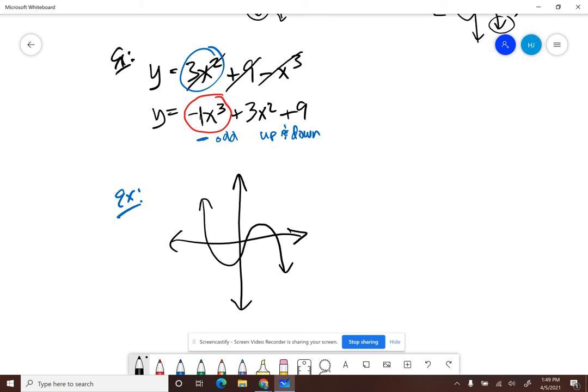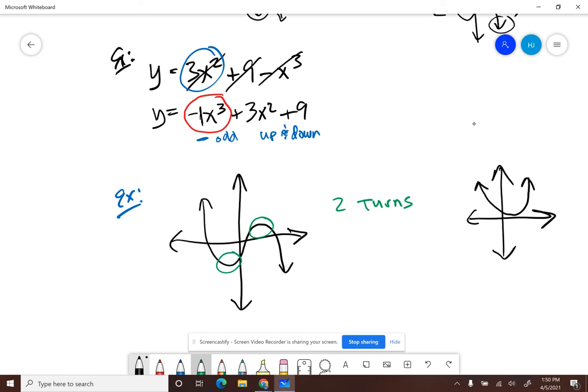Okay, so again, let's just think about the sign of the leading coefficient and the degree of the function. Well, let's look at how many turns this thing has. Okay, first of all, you notice I have one turn right here and I have one turn right here. So I have two turns. Now let's just think about this for just a second. If we had a graph that looked like this,